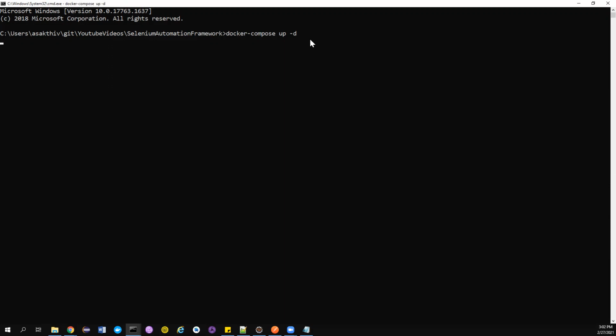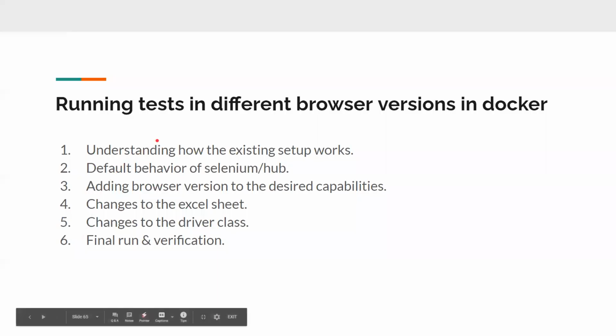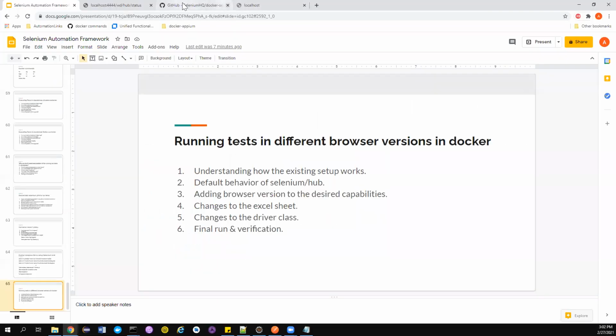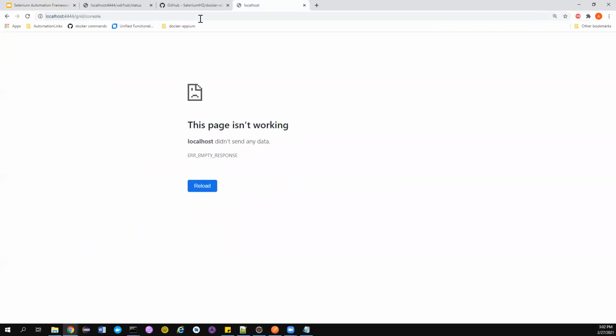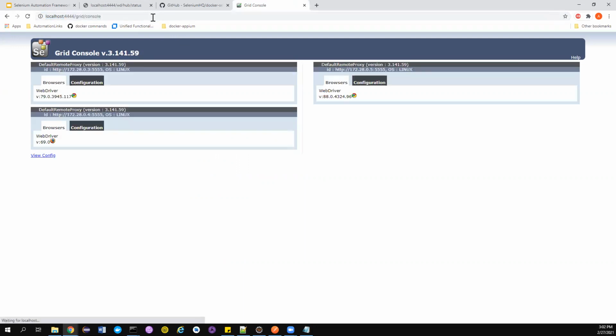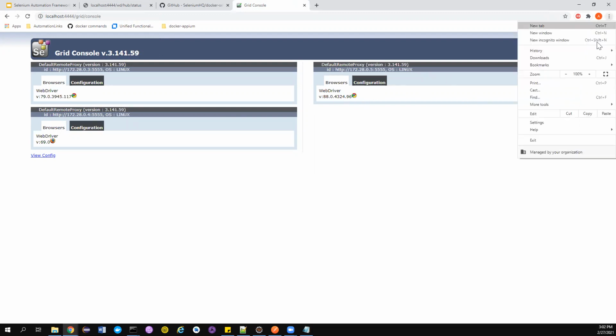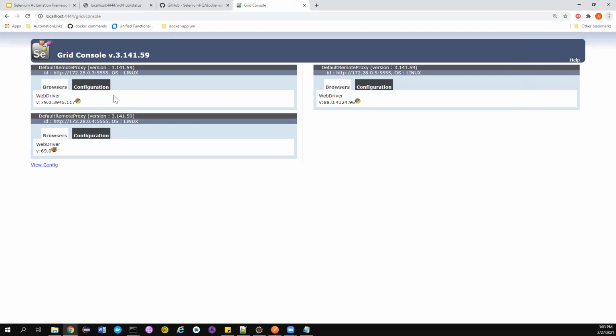Okay, so just press enter, and then you can immediately see localhost 4444. That's where our Selenium Grid will be up and running in a few seconds. Okay, now the grid is ready. So let's wait for the hub and nodes to get linked, right? Wait a few more seconds, and if you notice, I have two Chrome versions. If you notice the symbol, it is Chrome and Firefox, right? So good.